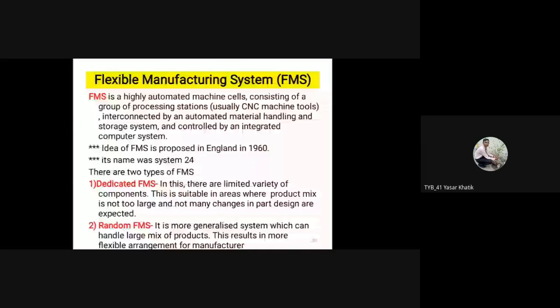So for that, there are actually two types of FMS. First is dedicated and second is random. Okay. So first, dedicated means here, suppose we want to produce only